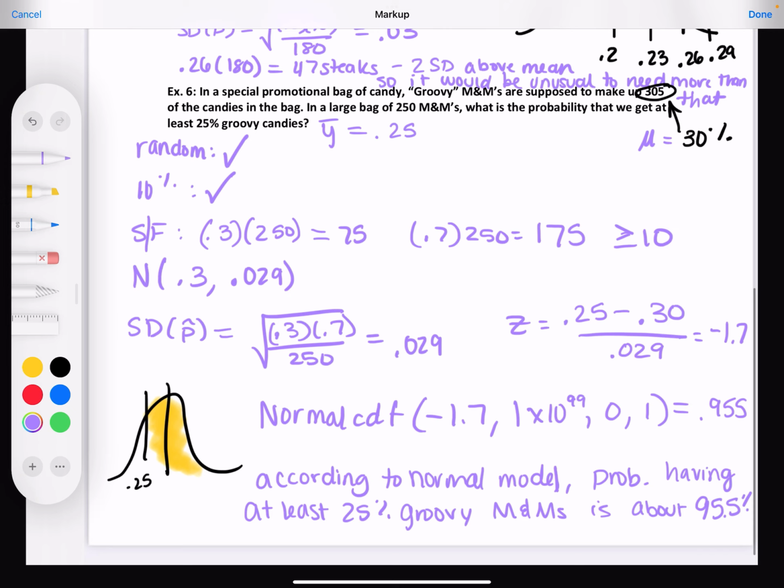They want to know. Are they real? Got it. Choked on saliva. Got it, guys. What is a groovy M